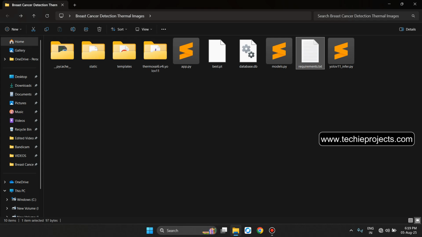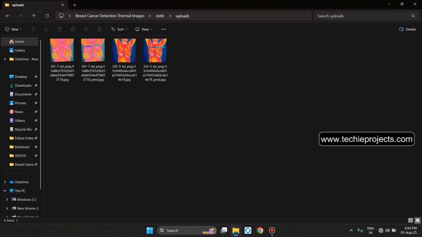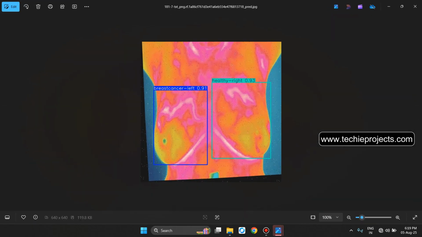In this video, I will show you breast cancer detection from thermal images. Let's explore the folders one by one. Let's open the static folder. These are the input and output images. This will be the input image and this will be the output image, and it will detect the breast cancer